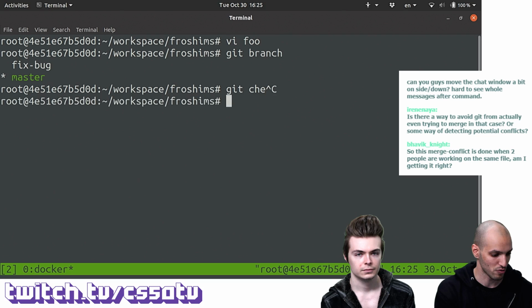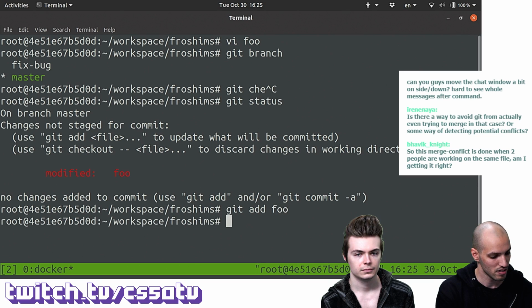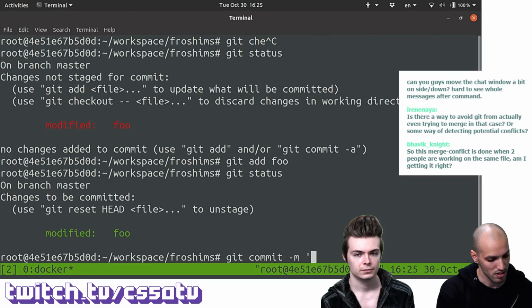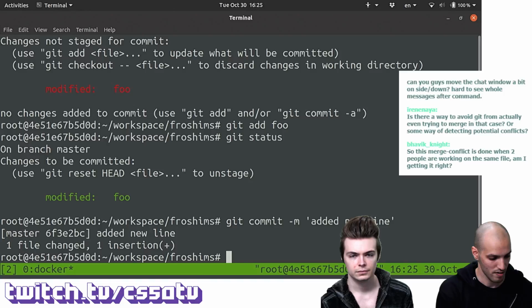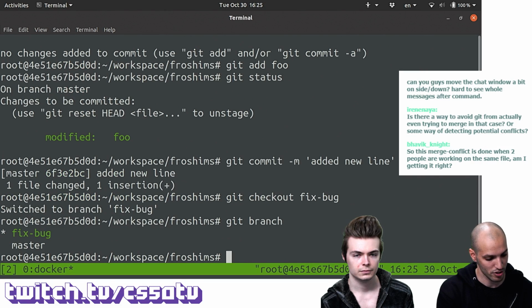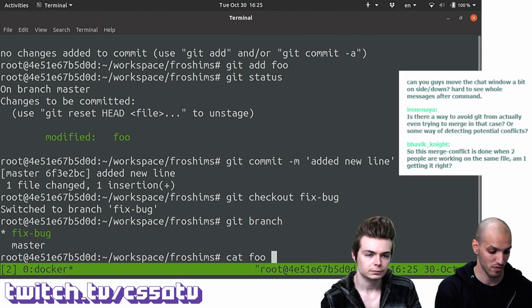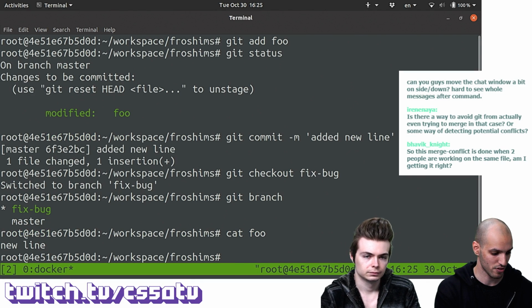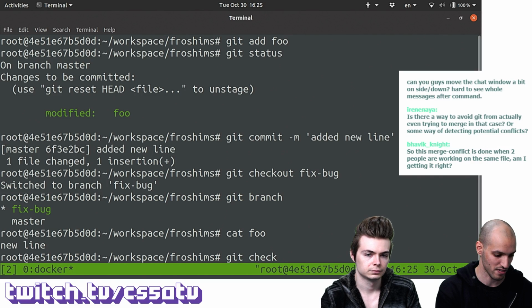And if I switch back to, let's add this, commit this, added new line. Switch back to fix bug. Check out new fix bug, git branch. Now, if I show what's info, I should have added something else there.